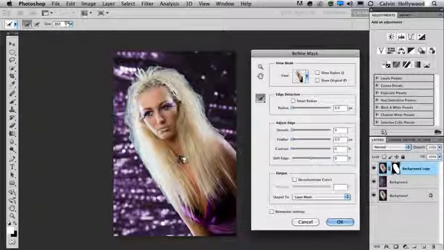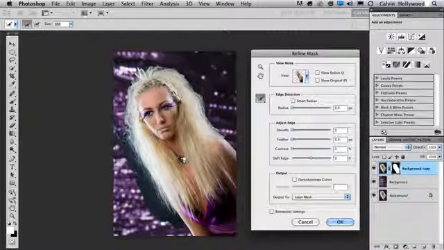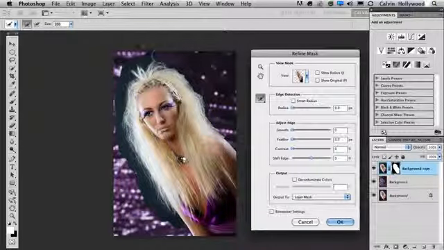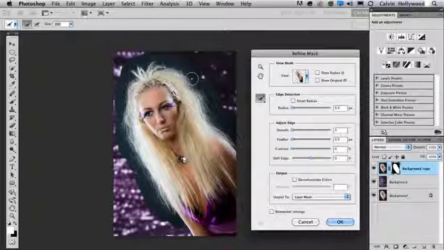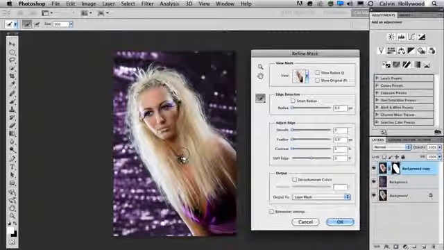And now you have to paint on those parts in the picture where you say, okay, Photoshop, it looks not perfect. And I paint now on the hairs right here, and with that painting I say, come on Photoshop, you can do that better, please work on that part of the picture again,